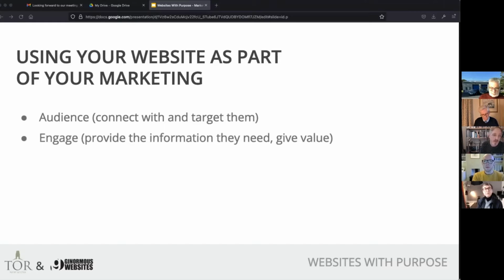The second thing is engagement. Is your website engaging with your audience? How is it doing this, and how can it do it better? So really, are you providing them with the information that they need? Are you giving them value? Are you answering their questions? That's quite a big thing at the moment, whereby there's quite a lot of writing content